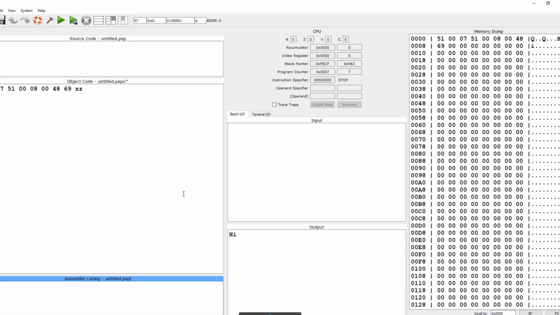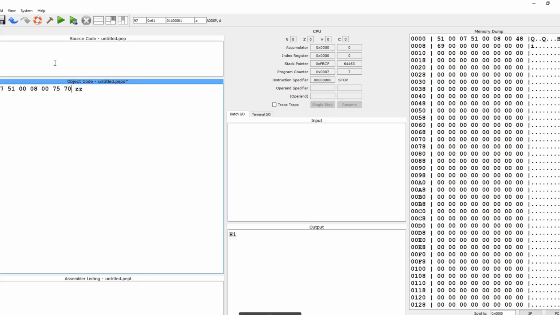I would have to look up the ASCII. I'm doing that right now. Look up the ASCII for lowercase u, and it is 75. So if I replace this 48 with 75, and then p is 70, so replace that 69 with 70,